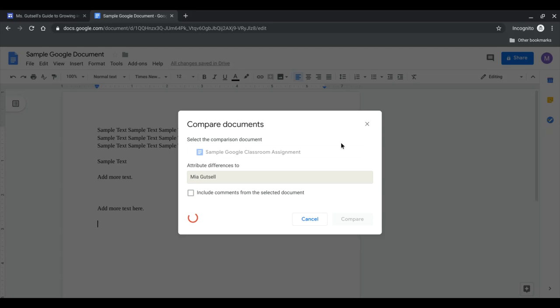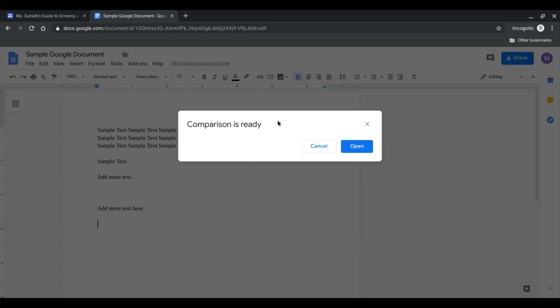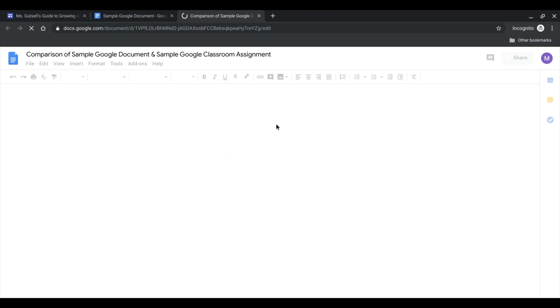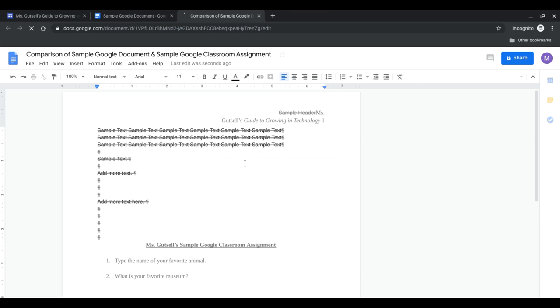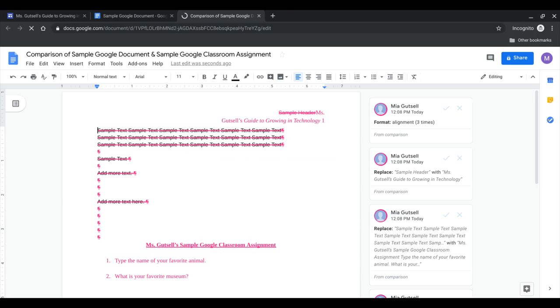The menu will load, and eventually it will say Comparison is ready. I can now click Open and see what the comparison demonstrates. As can be seen, there are a lot of differences between the two documents I selected. This feature can be useful if there are similar versions of a Google Doc that need to be compared for